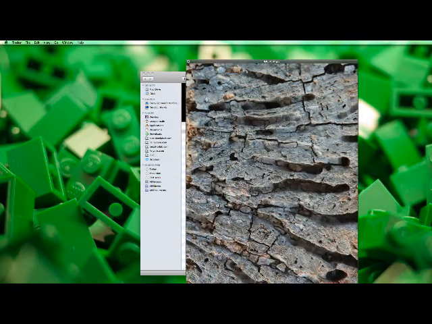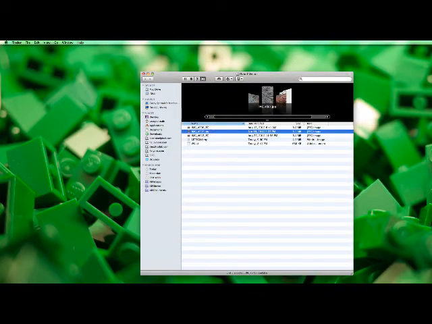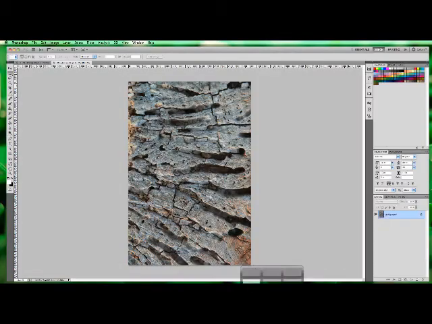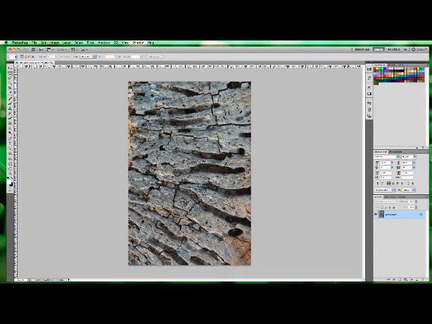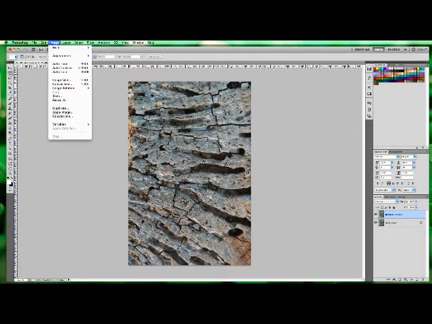First, we're going to take this image that I shot. If you don't have this image, go shoot one tonight. Open it in Photoshop first. Okay, we have it open in Photoshop. What we're going to do is duplicate that layer, and then let's make it